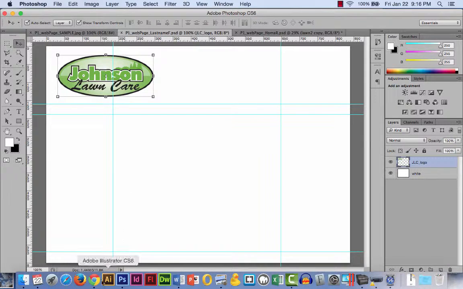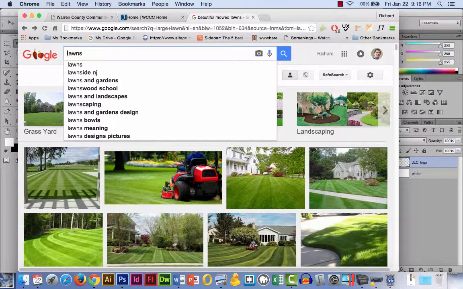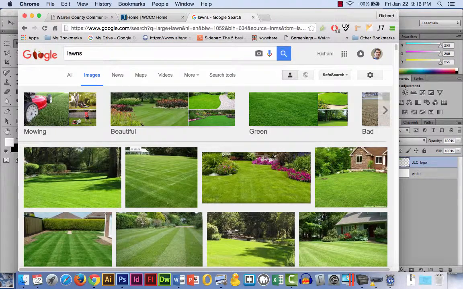So we're just going to go on Google and look for some lawns. I just put in lawns up here to start. You could just start looking at lawns, and we're not going to get into copyright issues quite yet, but you want to think about it. You don't want to take an image that's right off the front page of another landscaping company or something that's really recognizable. So we'll talk about copyright stuff later, but for now, we just want to find something that has